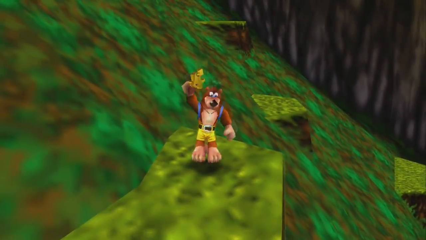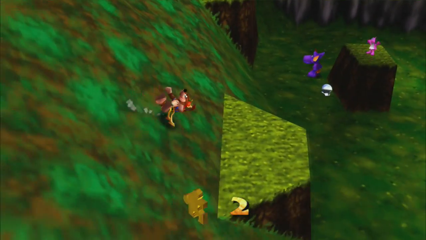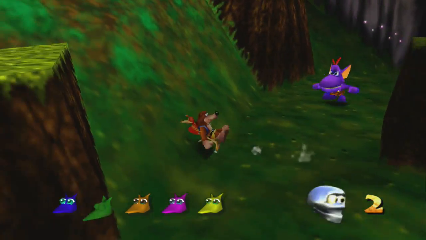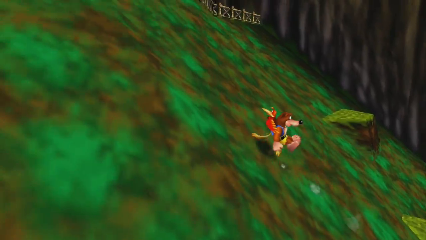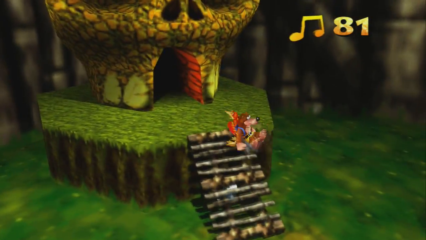Anyway, here's our second Jiggy piece of this level. There we go. Alright, so the thing I want to get next... Oh, nice, we got that. Didn't even look like I touched it. Alright, so we got a second Mumbo token. By the way, before you go into this little hut over here... before you go into here...